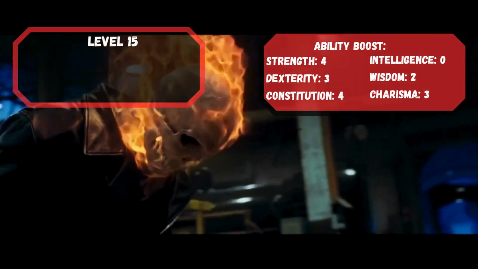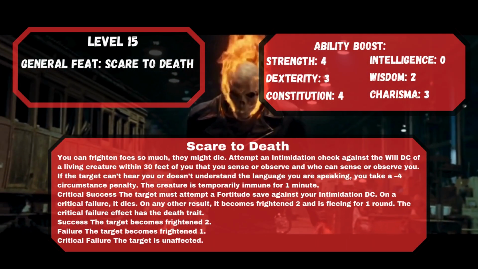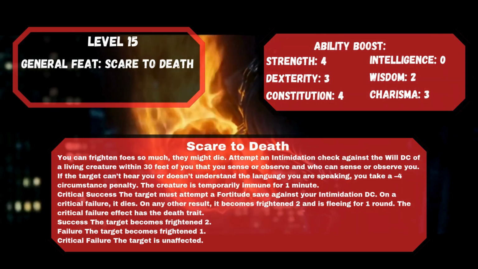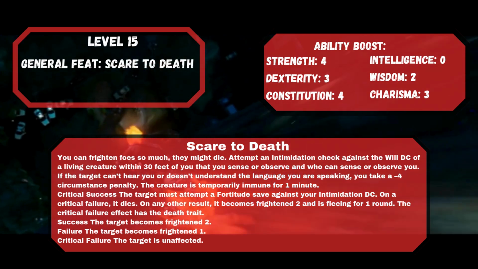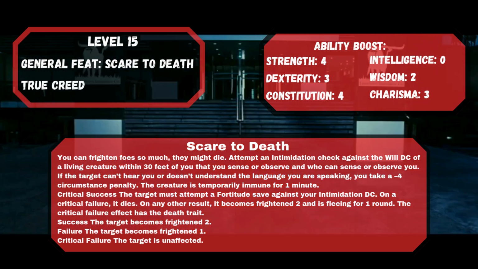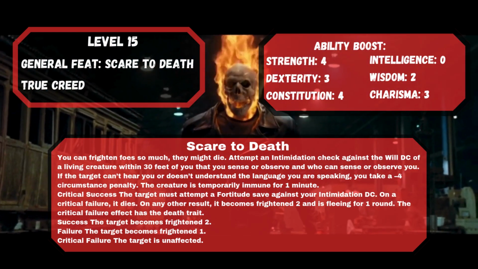At level 15, we pick up Scared to Death. This feat allows us to potentially frighten enemies to the point of death with a critical intimidation check. I think you can agree this is a pretty fitting ability. Finally, the True Creed feature kicks in at this level, increasing our will saves to Master proficiency, solidifying our resolve